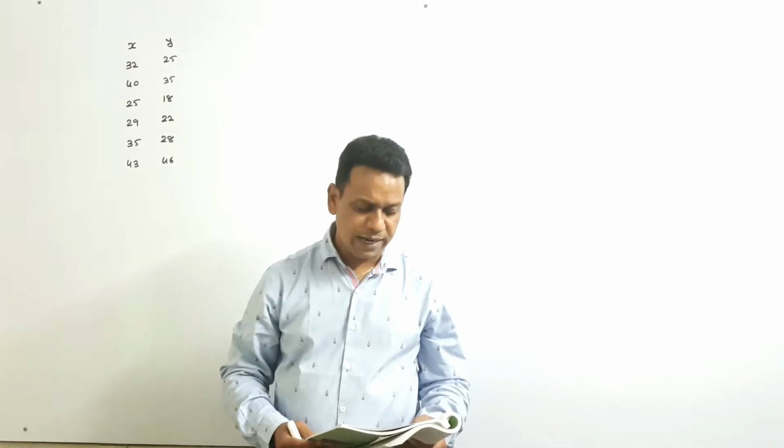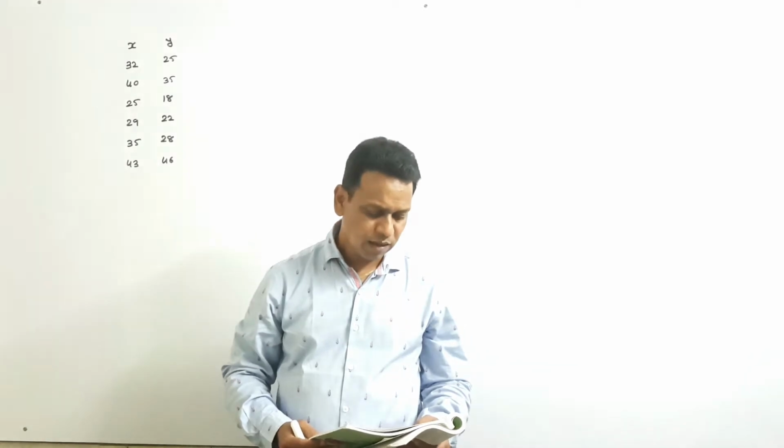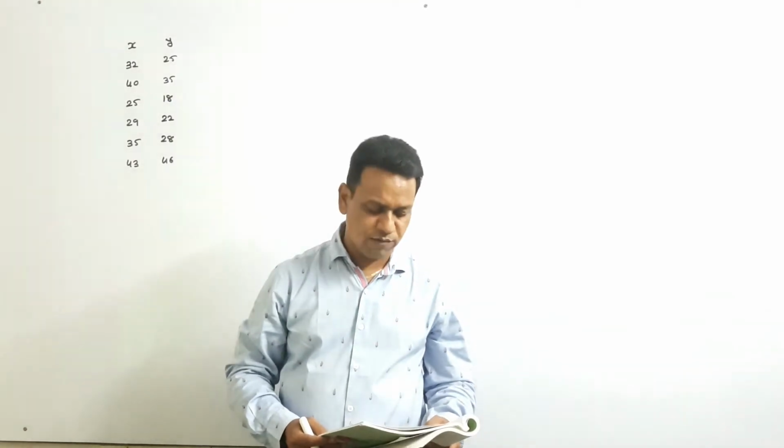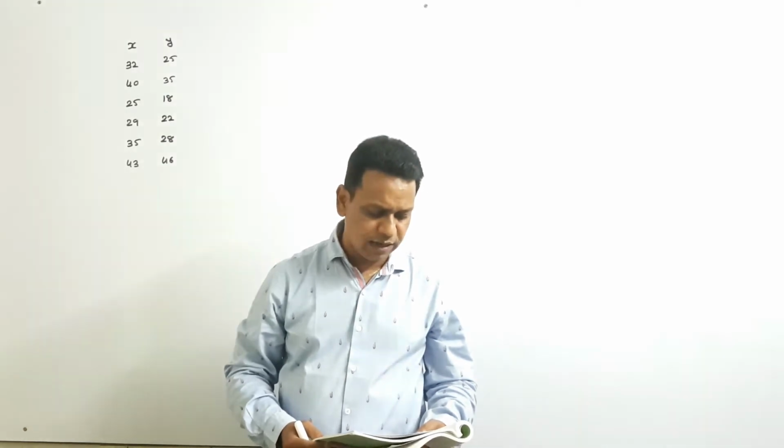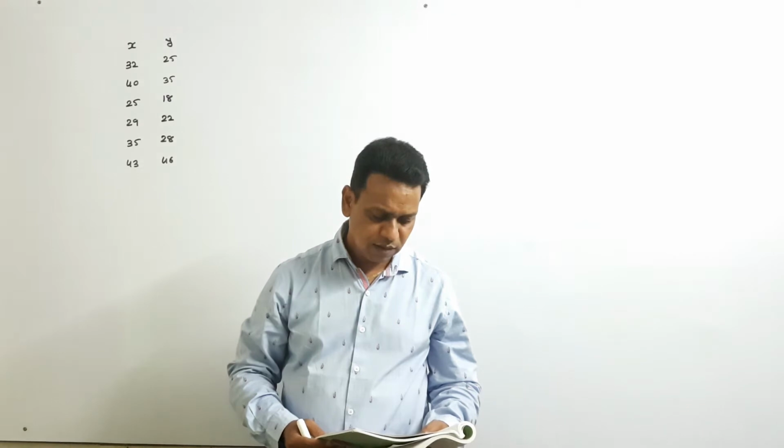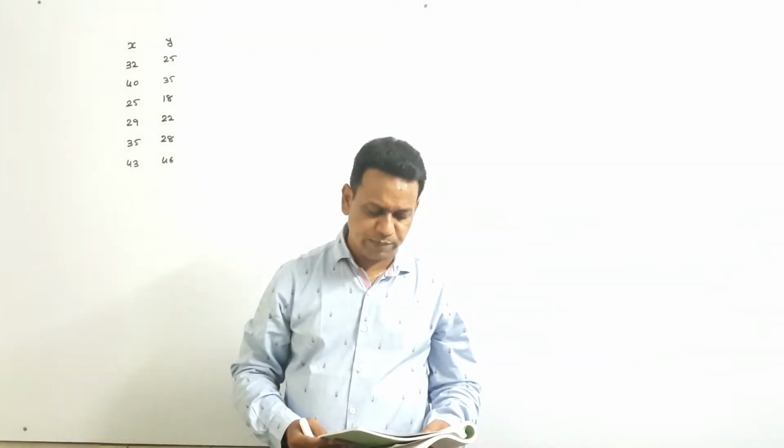And the question is that in order to study the relationship between the repairing time of accident damaged cars and the cost of repairs, the following information is collected. My dear friends, two things are available over there: repairing time of car, that is man hours, and repairing cost in 1000 rupees. Below the data they have given, obtain the regression line of y. Here it is written y on x, what it means? Repairing cost on x, which is called repairing time. If the time taken to repair a car is 50 hours, find an estimate of the repairing cost.